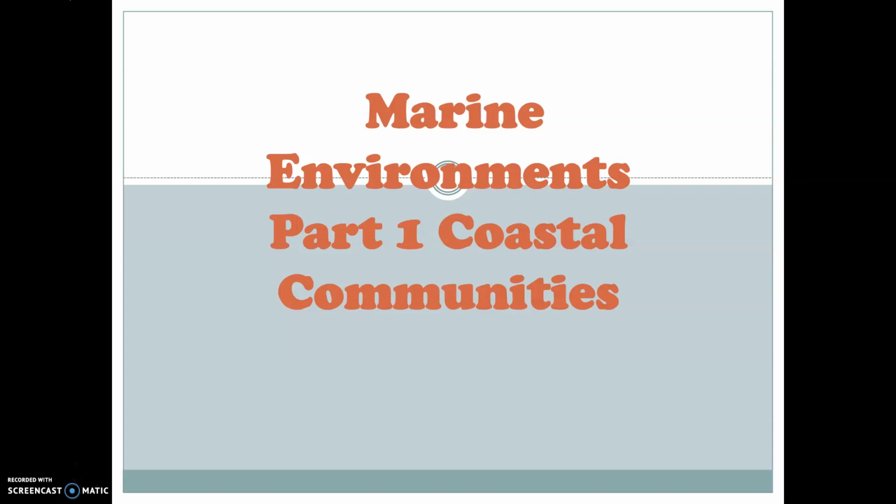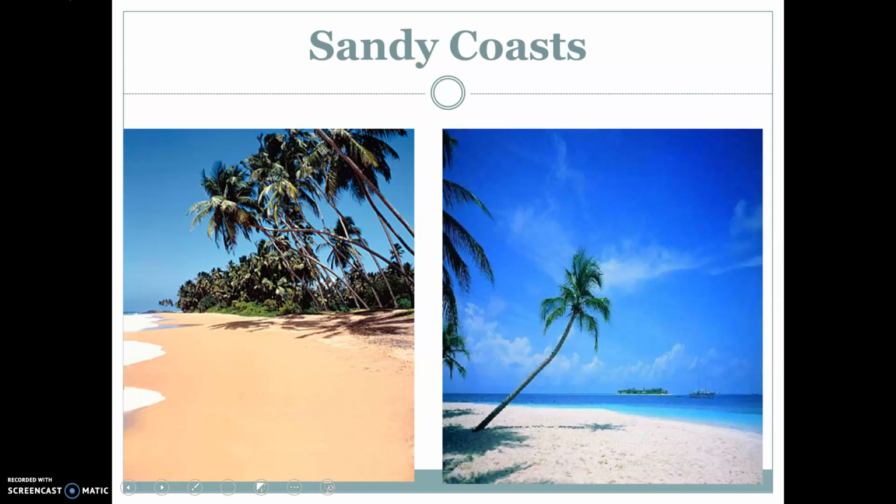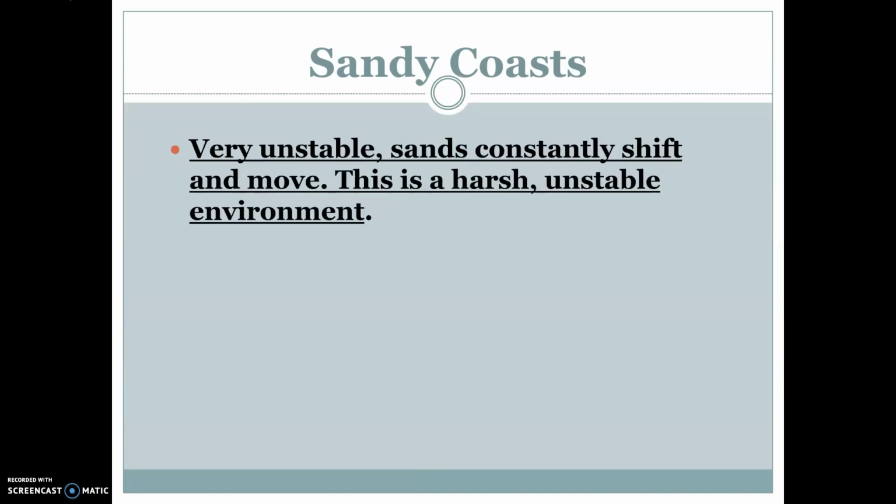Hi everyone, so we're going to start off oceanography by talking about different types of marine environments, and we're going to start here by talking about different coastal environments, so the ocean life that is found near the coast. So the first one we're going to think about are sandy coasts, so beaches, things like that. So these coasts are very unstable, so sand constantly shifts and moves. So this is a very harsh and unstable environment because of all of that movement that we're going to see